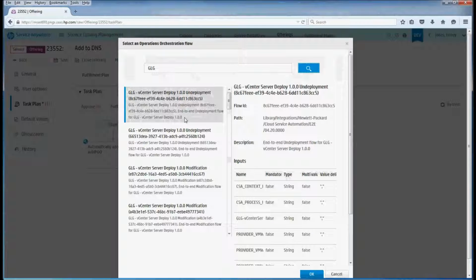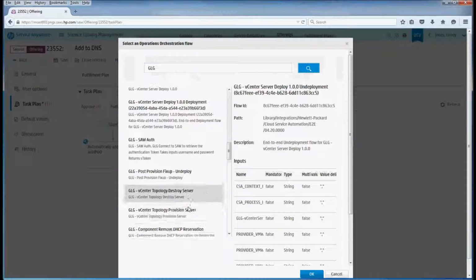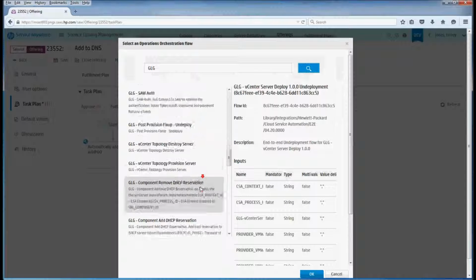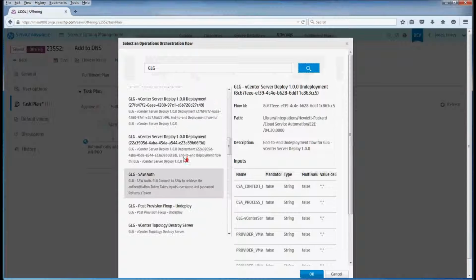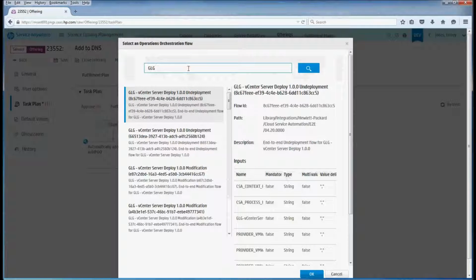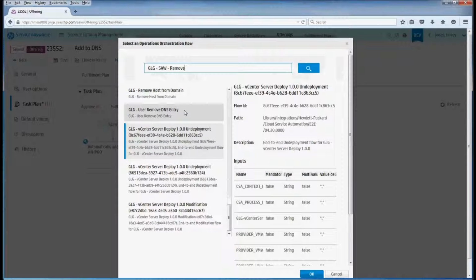GLG in this case is short for Greenlight Group. Here we can see that there are a number of flows anywhere from vCenter server deploys to topology provisioning of servers to initiating of request approvals, as well as lots of different things. The particular one that we're going to add is GLG SAW, and I believe it's called remove from DNS. So we're going to remove